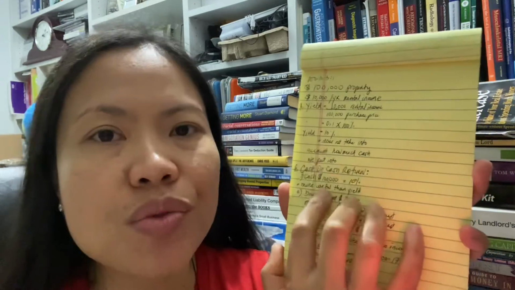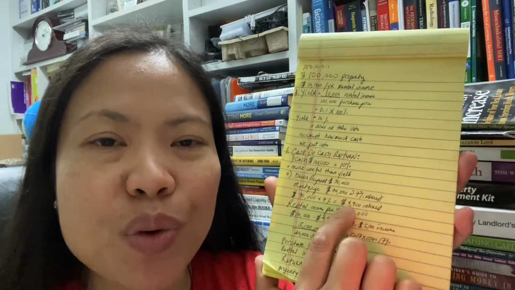Now, the yield does not take into account how much cash we put into the property. Cash on cash return is a much better way of determining if it's a good investment or not. Let's say we're still purchasing the same property worth $100,000, our rental income is still $10,000, and we're purchasing it for $100,000. So our cash on cash return is 10%. How did we get that? $10,000 of rental income per year divided by $100,000 of your purchase price